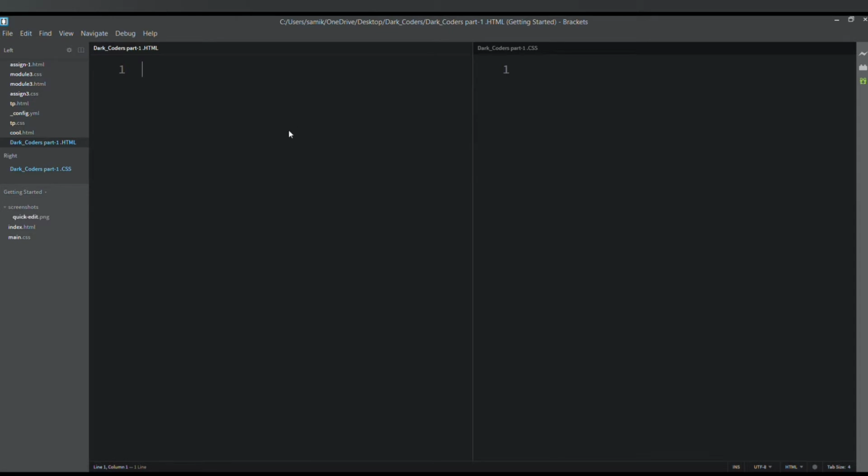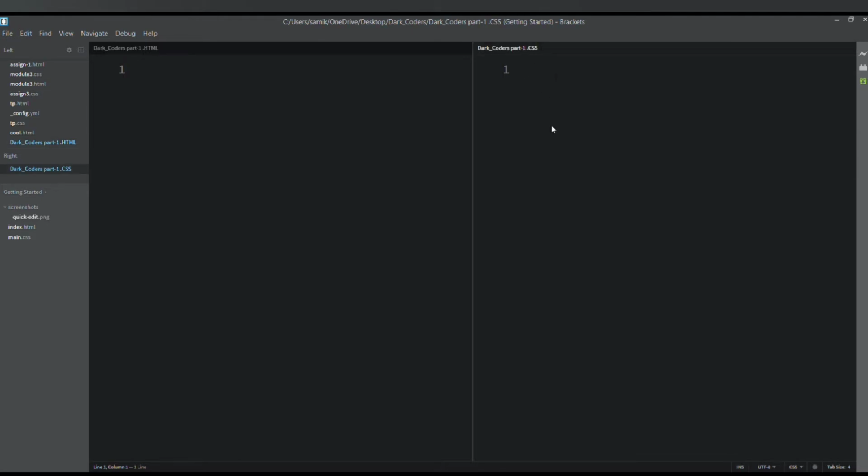First, I'm going to tell you how I split the screen and how I saved it. First, you have to save the single file as we were saving for HTML. After that you have to click here. You are able to see the icon here. After that you will see no split, vertical split, and horizontal split. You can click on vertical split or horizontal split as you wish. I have selected vertical split because it is comfortable for me. After that you will get these two panes, but this will not be saved.